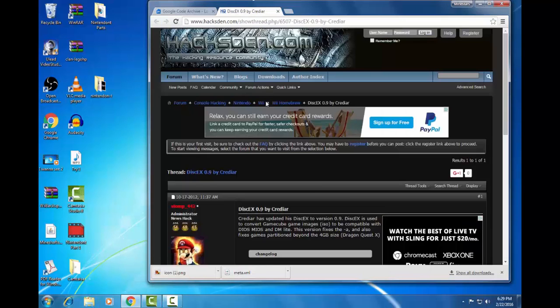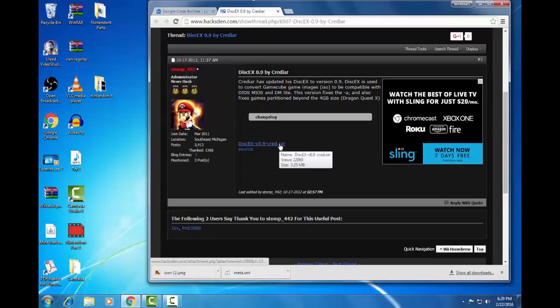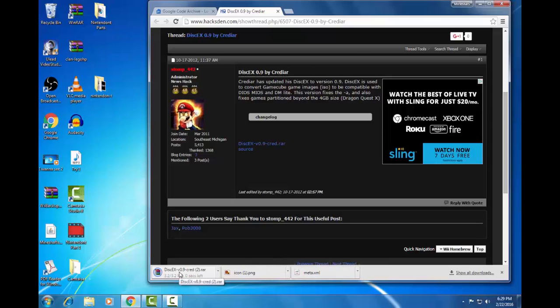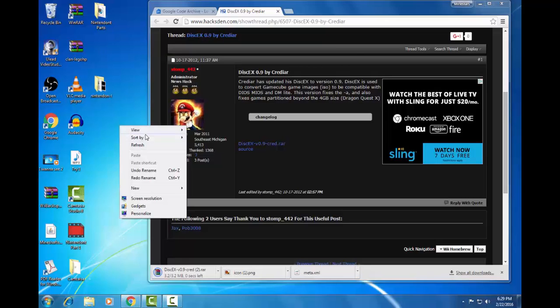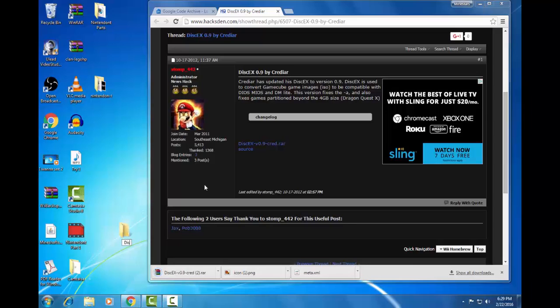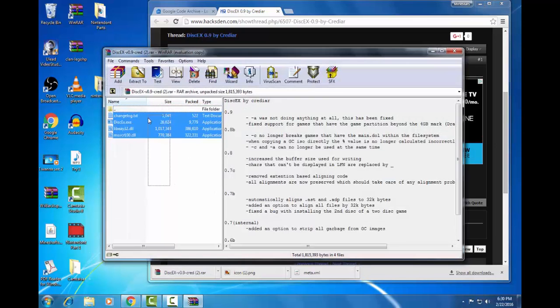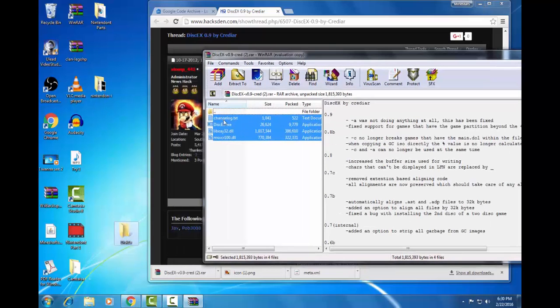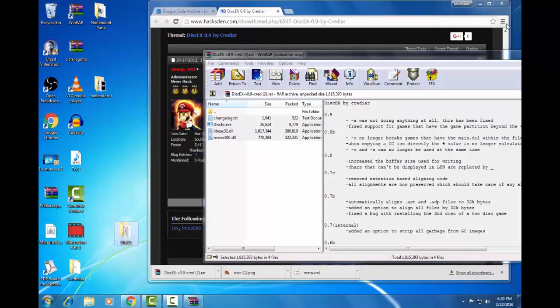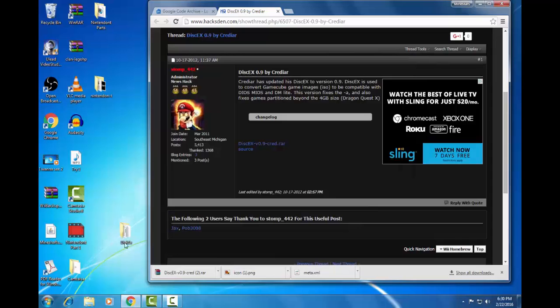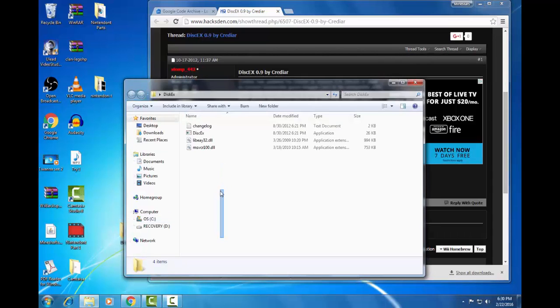But anyway, go to the second link. Choose disk.ex.rar, click on it, and a RAR file will pop up. I need you to go to your desktop, create a new folder, and name it disk.ex. You need to be able to extract RAR files. I recommend using WinRAR like I'm doing right now. Extract all of these files into the disk.ex folder. Open it up, and